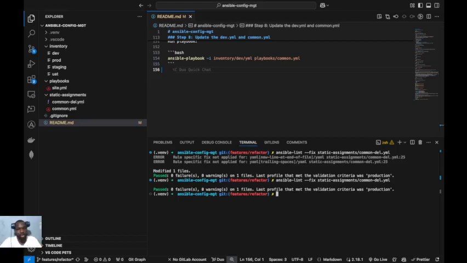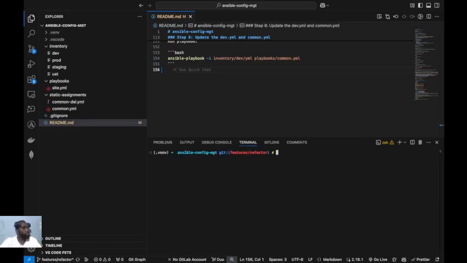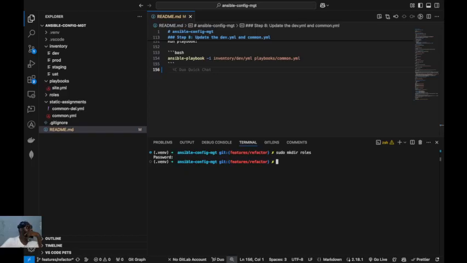Let me use the command line. So I'm just going to paste this here. Right. Then inside this, I'm going to do cd roles. Then after that, I'm going to write the